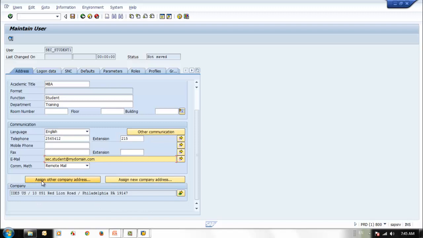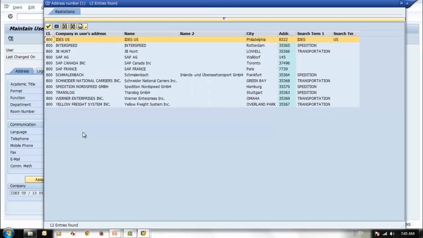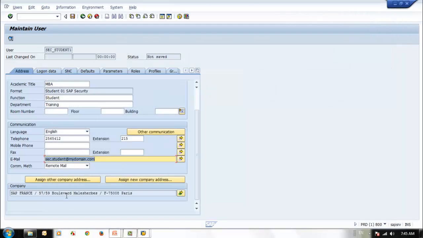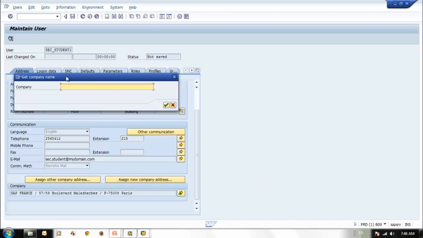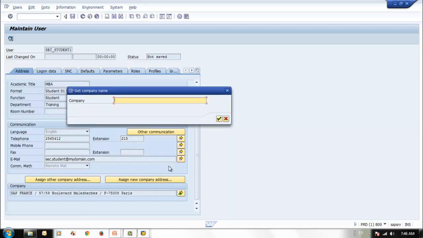Then assign company code. If you click here, these are all the company codes which are presently available in this system. Let's say SAP France, then you are assigned to SAP France. Now let's see how we create a company address here. Say assign a new company. Let's create a company here,